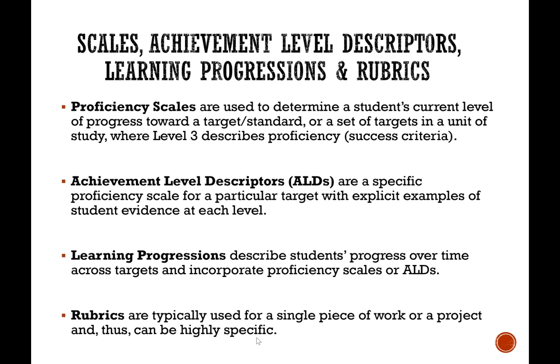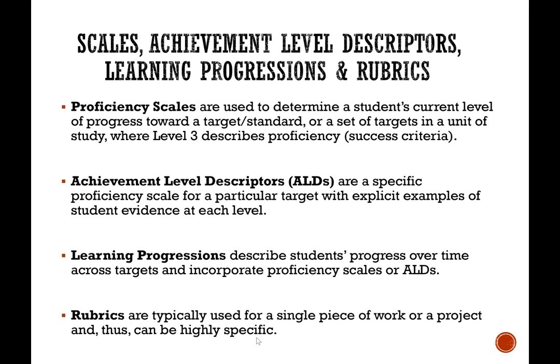Learning progressions describe students' progress over time across targets and incorporate the proficiency scale or achievement level descriptors to be able to describe and establish the student's learning journey, or the learning progression. For example, the chart we were looking at on fractions, we could see what the progression would be from third to fourth to fifth, or in number systems at middle school, the progression from sixth to seventh to eighth. So learning progressions take us over time and use proficiency scales as well as the targets. And then rubrics are